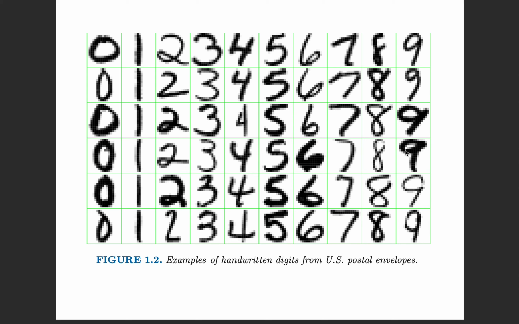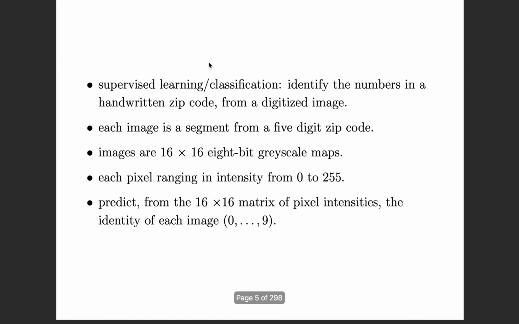Now the question is, what are the features, or what are the predictors? The predictors are the pixels. So every single pixel in one of these is a feature, and that pixel is either very dark or white, so it's intensity, and typically this intensity is something between 0 and 1. So 1 is black, 0 is white, and the image is a 16 by 16 8-bit grayscale map. And well, it's not between 0 and 1, it's actually between 0 and 255. So each pixel, the intensity ranges from 0 to